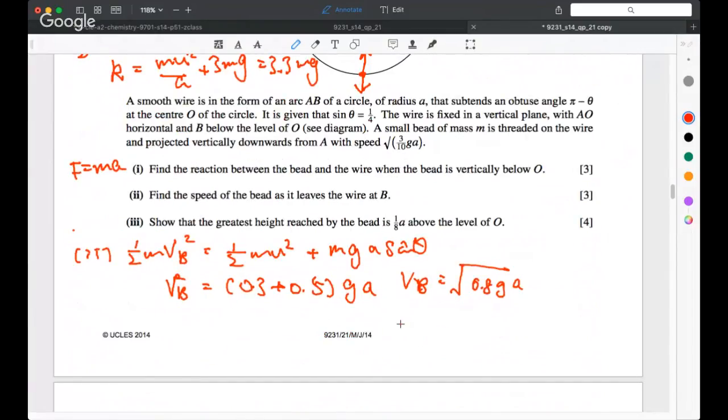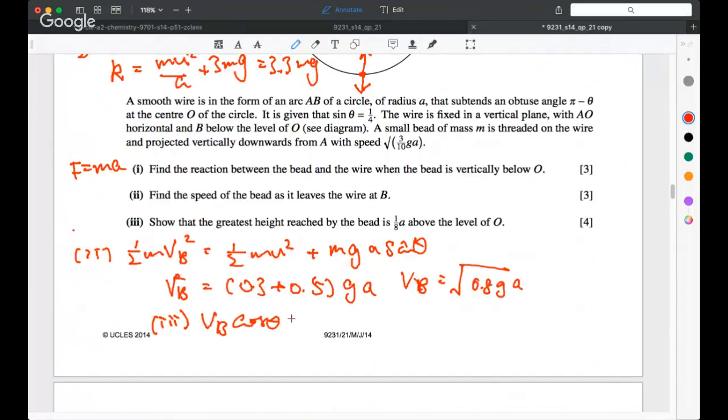Now show that the greatest height reached by the bead is an eighth of A above the level of O. Well, you have to use SUVAT for this question, but you have to realize that only the component of speed in the direction vertically upwards is going to contribute to the greatest height reached. So we need to do VB cos theta,